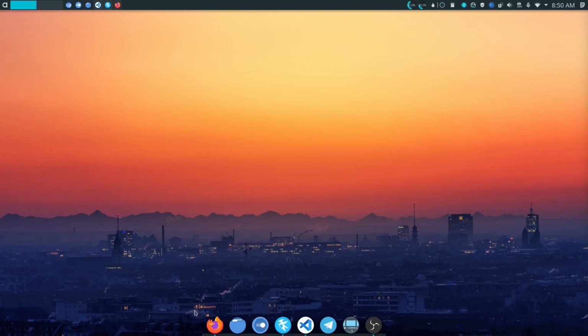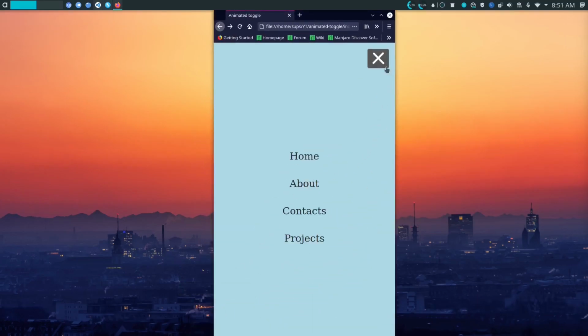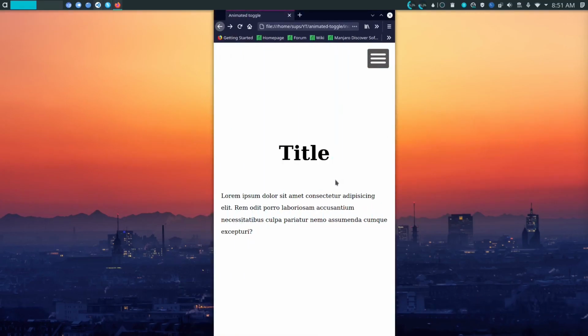I am back again after a long time with a video where I will create a basic hamburger menu. The goal of this video is to teach you how you can add dynamic interaction to your website with the help of JavaScript. This video instructs you how styles written in CSS can be toggled using JavaScript. So without any further ado, let's get right into the main content of the video.